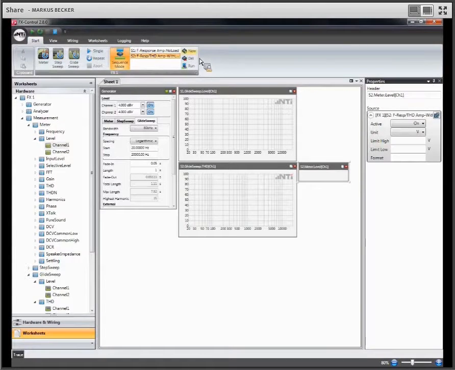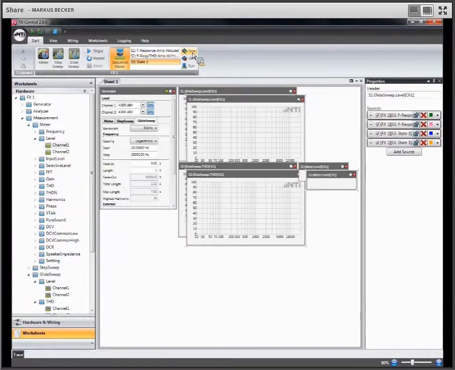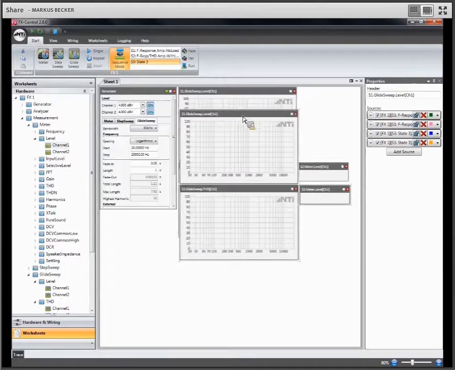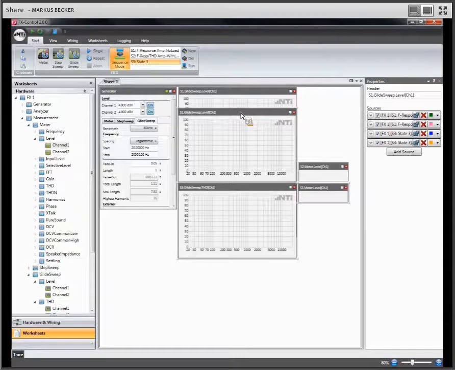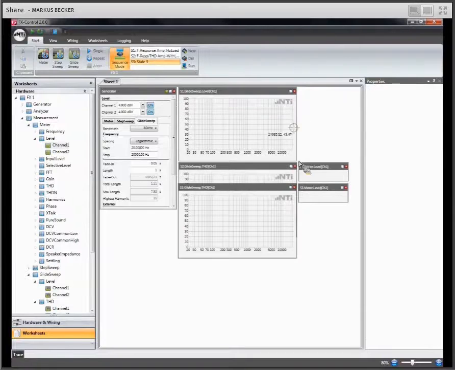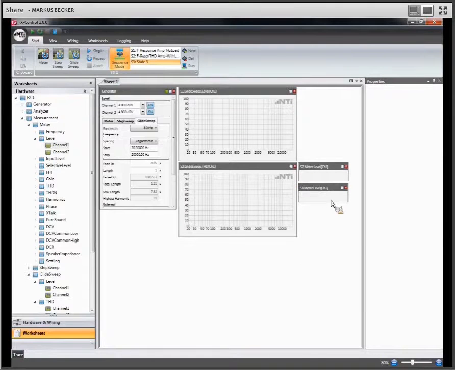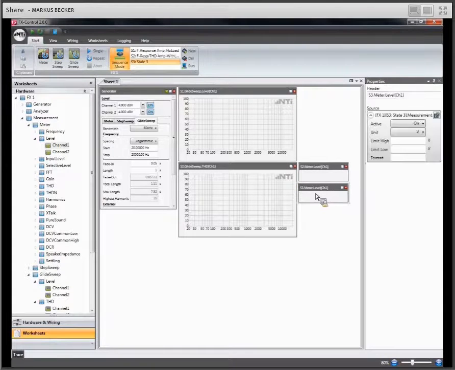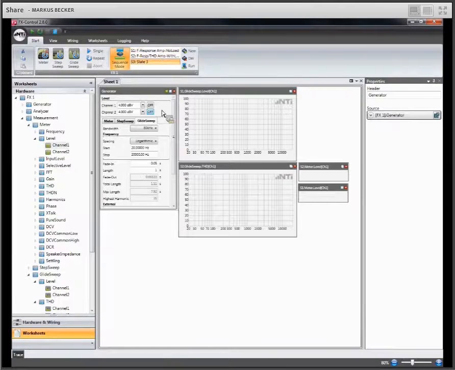And in this third step, I'm going to mute the output of the generator. I click on new step. It automatically duplicates all the measurements. I'm going to just close these 2 graphs, which I don't need anymore. But here's the meter level measurement of step number 3. I want to see that. But now in step number 3, I want to mute my generator output. So all these settings are saved by the system. It knows exactly which status of these panels here shall be applied according to the corresponding steps up here.